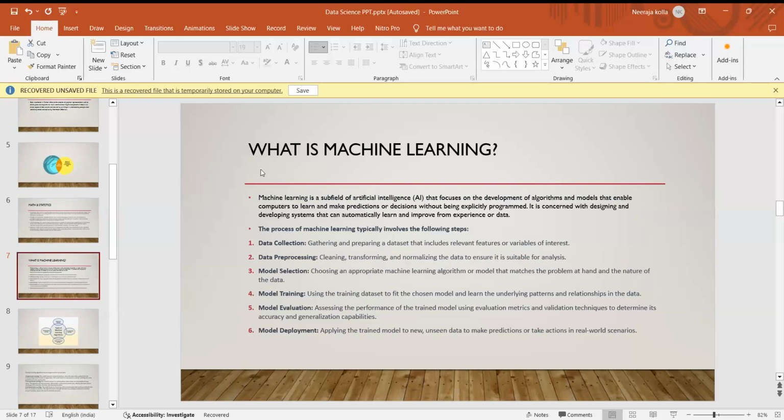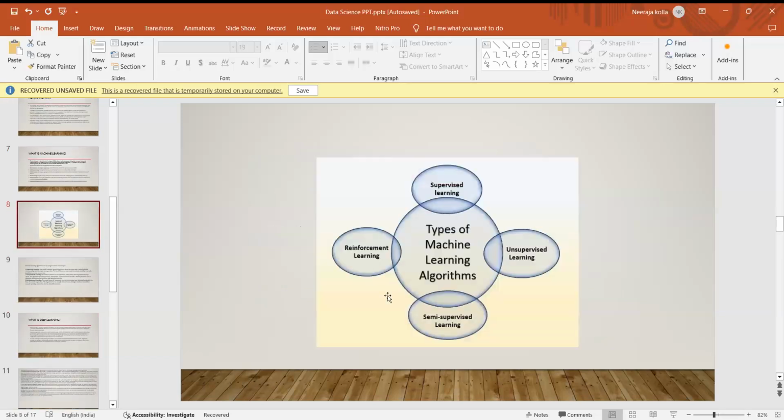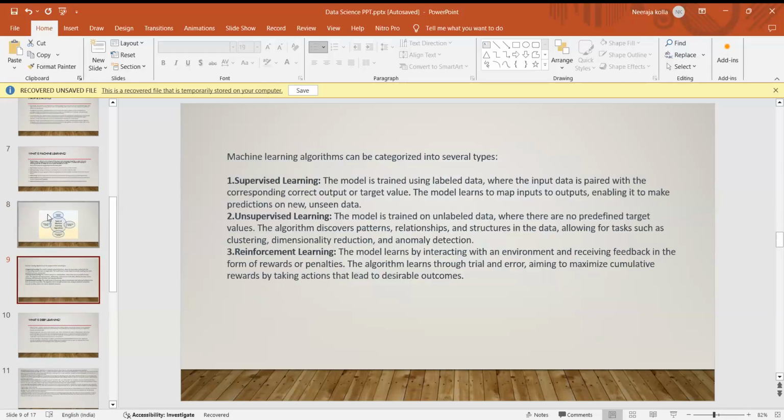For that, I'll take a collection of data, pre-process it, do model selection, model training, model evaluation, and then the final step is deployment. We looked into the types of machine learning algorithms: supervised, unsupervised, reinforcement, and